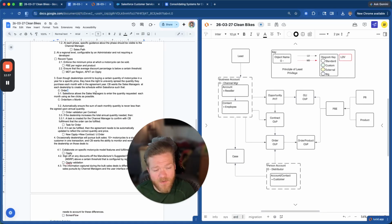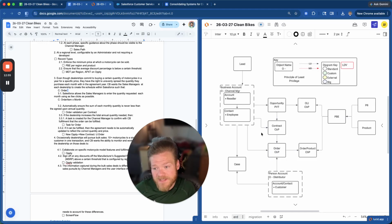Underestimate or overestimate the quantity that they are attempting to buy. What they can also do is give the ability for them to create orders. So what's happening initially with the opportunity is, of course, that it's creating the contract that establishes the minimum or the agreed upon quantity of what's been bought. And then at the order levels, the fulfillment or the actual